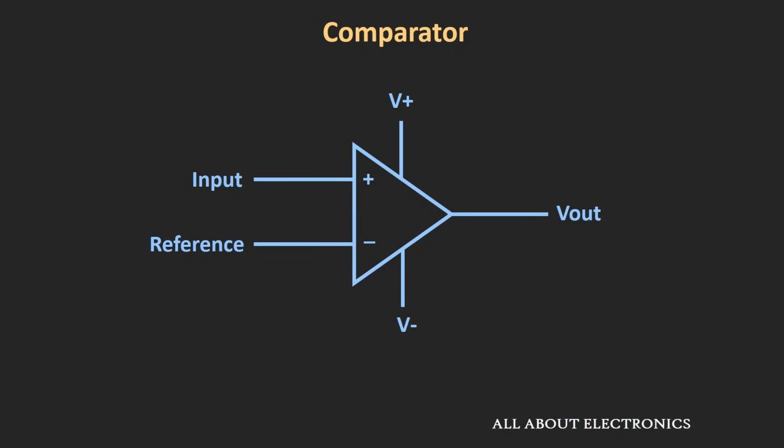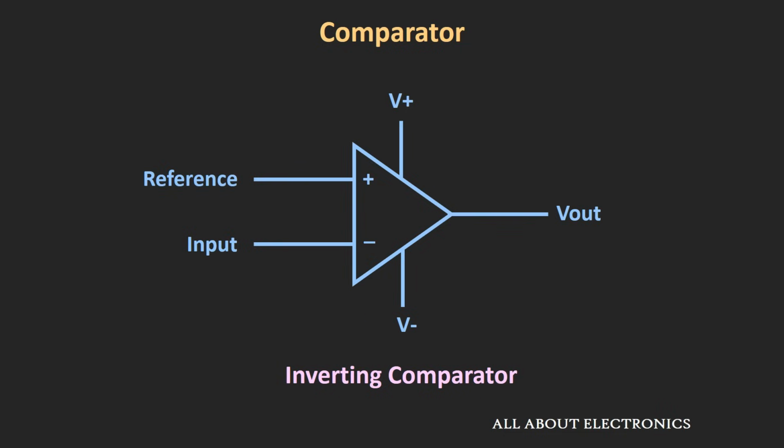So far we have seen that whenever we use this comparator, one input to the comparator is a reference voltage, and the other input is the signal which we need to compare with this reference voltage. Depending on where this input is applied, the comparator can be classified as an inverting or a non-inverting comparator. If we apply this input to the non-inverting terminal, the comparator is known as the non-inverting comparator, because whenever your input goes beyond this reference value, the output of the comparator will be high.